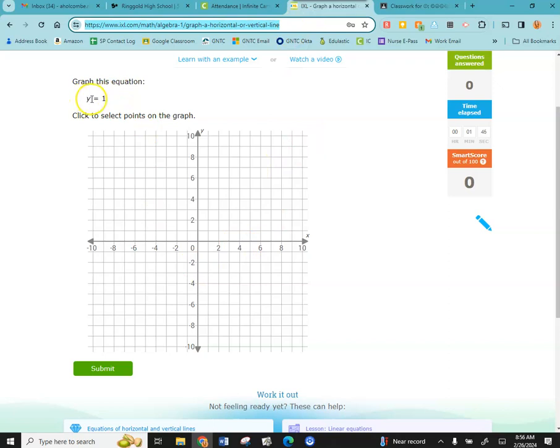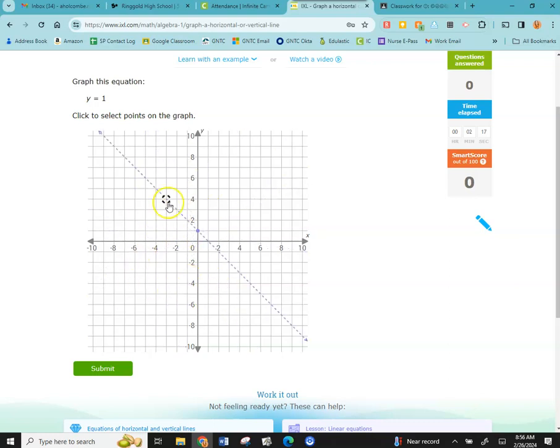It says graph y equals 1. You should think to yourself, hoi vux. I see a y, so I'm going to think hoi. That means I need to go to the y-axis, find 1. That's right here, right? And am I drawing horizontal or vertical? Hoi, horizontal. So you're going to click a point on that y-axis at 1, and then it's going to give you